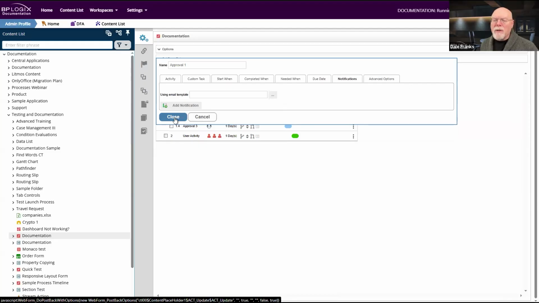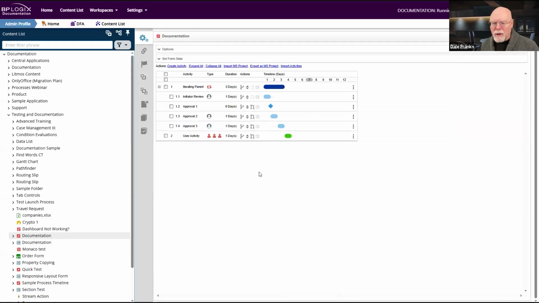Because of the complexity, the only way to really do this is to use the same system that we use to export process timeline definitions to export the activities themselves. We have to export them in an XML file because we have to export all of the data, and all of that data needs to be imported into the target system.